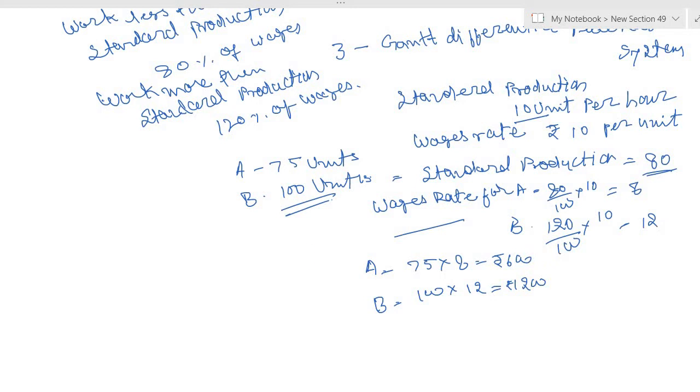There is a disadvantage in Taylor's differential piece rate system. The main drawback in Taylor's system is the worker has to suffer a large penalty for his output being only a little less than the standard production. For example, the standard production is 8 per hour and the worker produced 7 units in an hour. His wages will be reduced by 20% for his production being less by only 1 unit. The method does not guarantee wages even at the time rate. Because of these reasons, the method is not very popular.